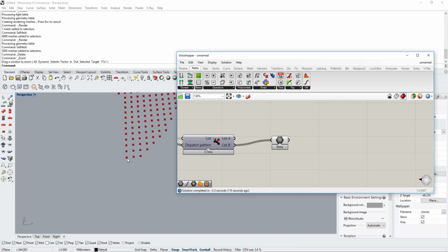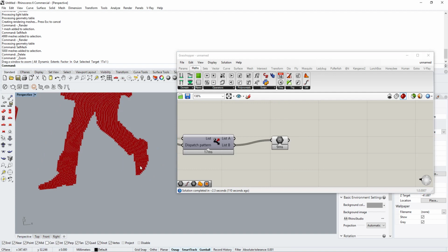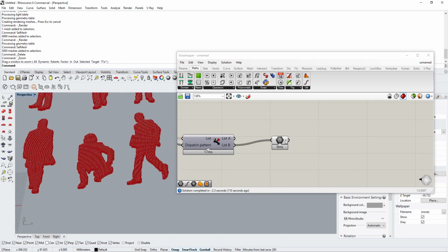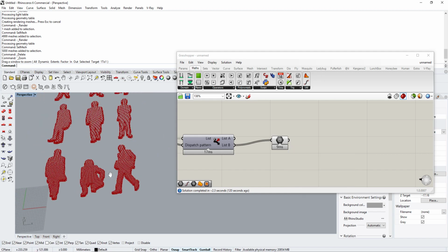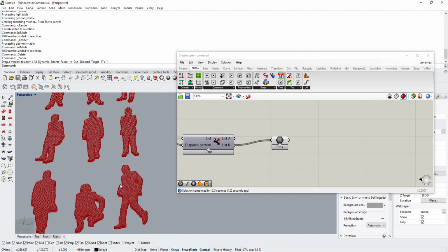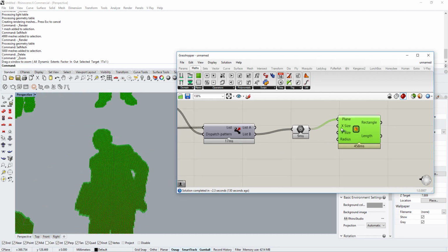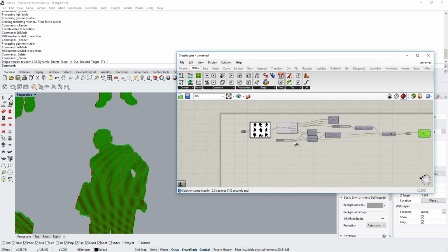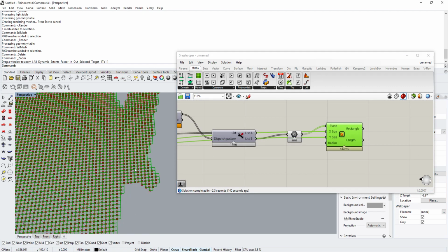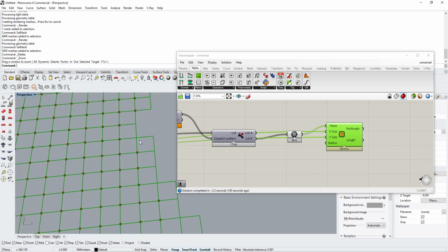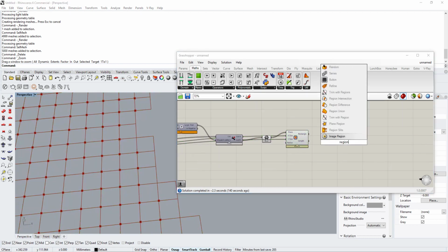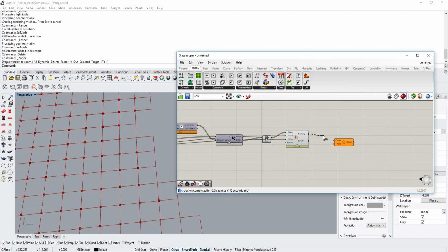But what we still need to do is create the correct outline so it gets cut together. The problem is it's all just a bunch of flattened points, and there are no trees or lists that can define those things correctly. A way I got around that is by creating a rectangle that is placed on each of those points, and this rectangle has the exact same size as the distance between the points. So basically it fills those things up with points, and then we're going to use the command region union,